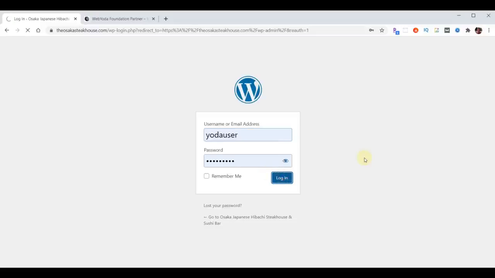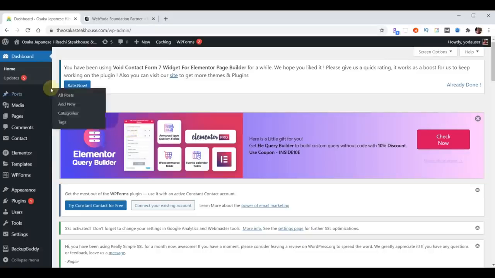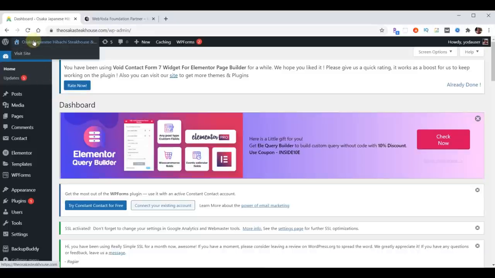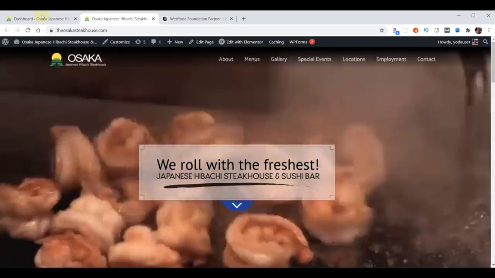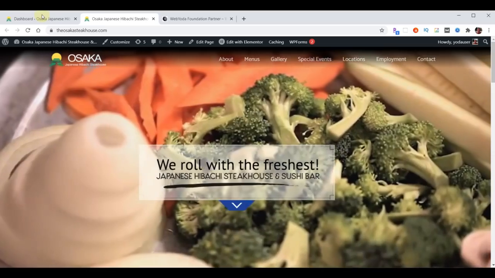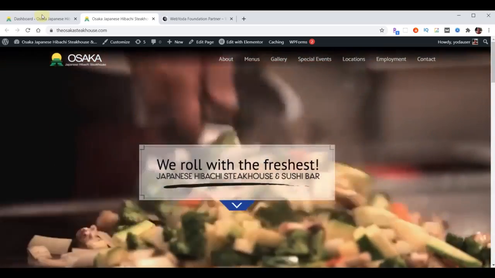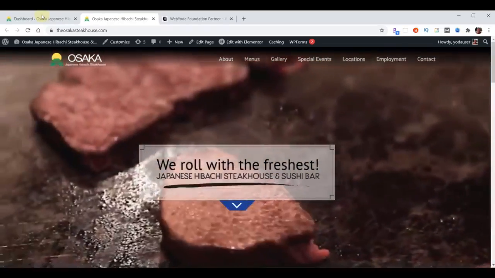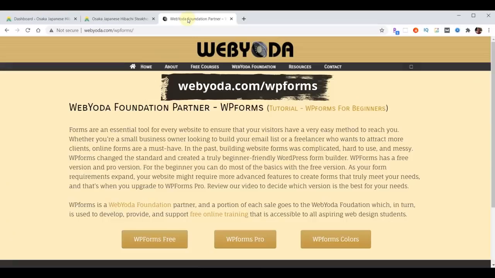Log into that website. Now we're going to open up the extra window by right-clicking here and open a new tab. And that way we can see the website as we're making changes. Now the features we're going to use now are going to require a Pro version. So we go back over to this third tab, and we're back at